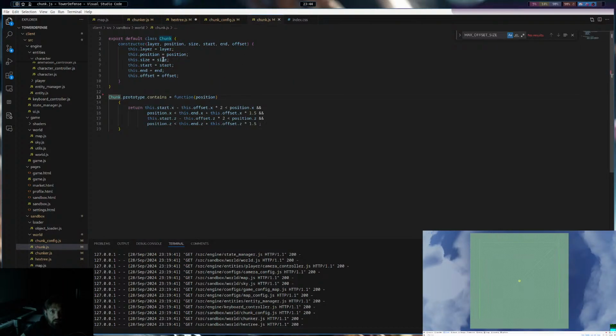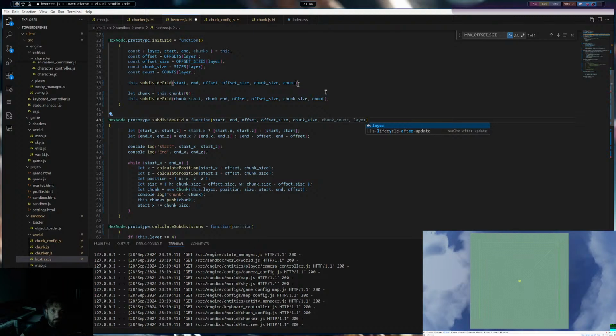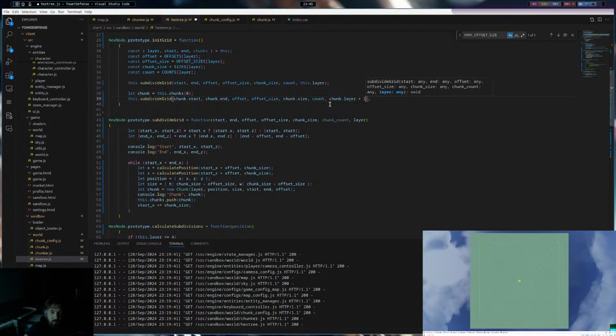So chunk has a size. Chunk dot size. Chunk also has a layer. Do we give it a layer? We do need to give it a layer. So that would be this dot layer. And then we just pass it the layer, because here we will say chunk dot layer plus 1.